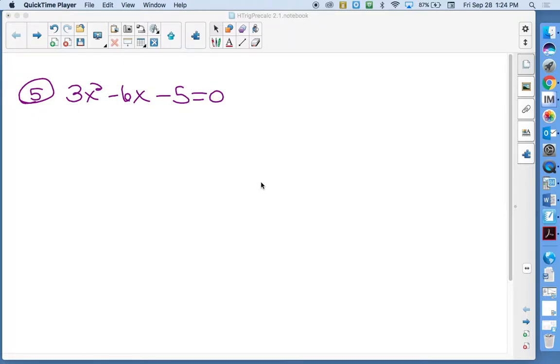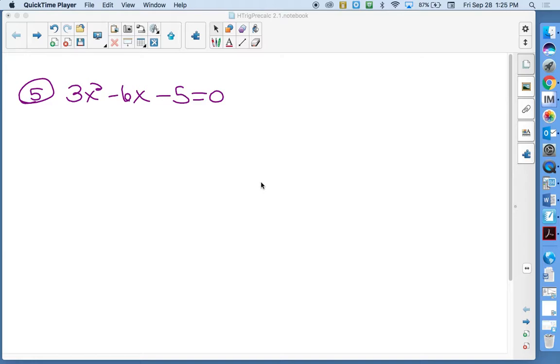Completing the square is used to solve equations, but it's also used to take an equation and write it in a specific form. And good news for you, we'll be using completing the square now about halfway through the year, and then come like April in chapter 10, we'll be using it again. So it gets equations in standard form, so it has kind of different equations we'll be working with throughout the year. But looking at number 5, Chelsea, the first thing you do to complete the square is